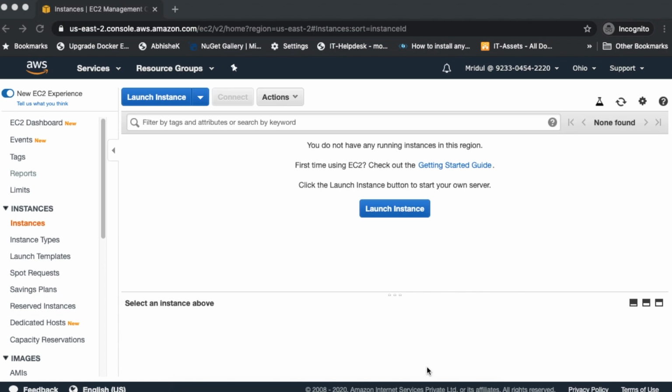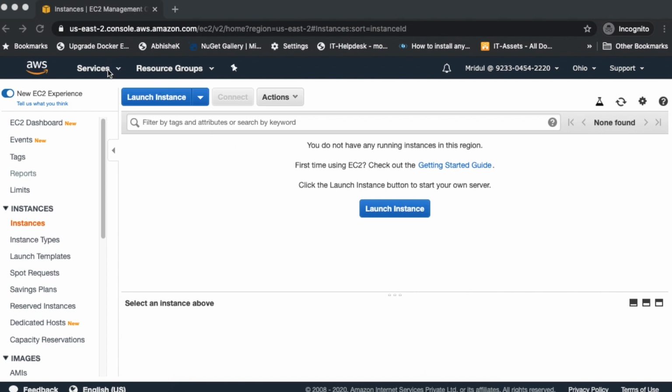Today we are going to cover Lightsail. So first, let's know what Lightsail is. Lightsail is an easy-to-use cloud platform that offers you everything you need to build an application or your website. It is also cost effective, and it has a monthly plan. It starts at $3.50 per month.